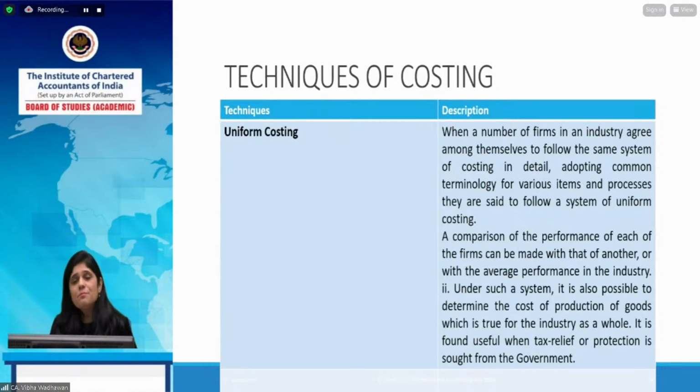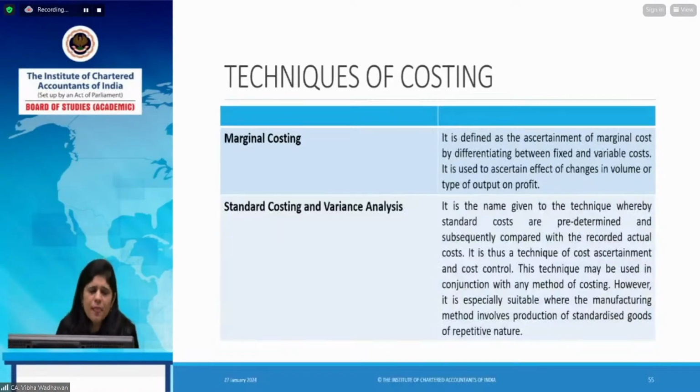When you have so many firms in one industry, it's better to have a uniform costing. सबका जो कॉस्टिंग सिस्टम है वो सेम इंस्टॉल होना चाहिए, तभी आप सेम प्रोसेस कर पाओगे, सेम रिपोर्ट्स जनरेट होंगी, सेम स्टेटमेंट्स बनेंगी, सो यू कैन कंपेयर विद ईच अदर। क्लियर। मार्जिनल कॉस्टिंग, जैसे मैंने आपको बताया, मार्जिनल कॉस्टिंग इज